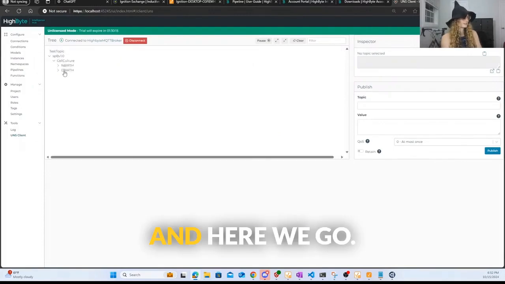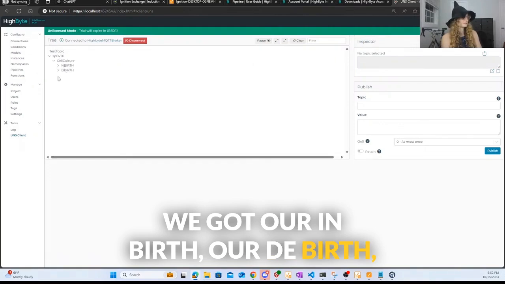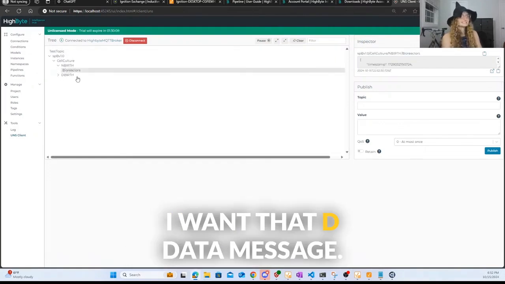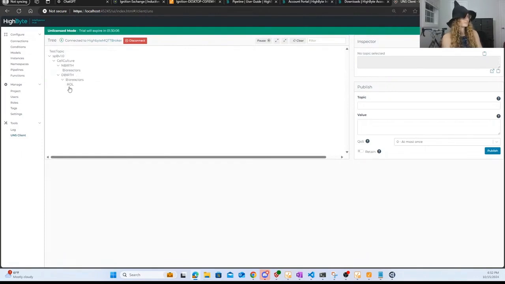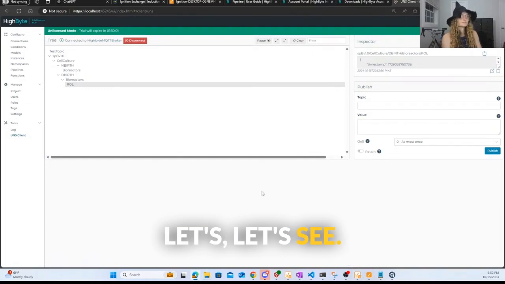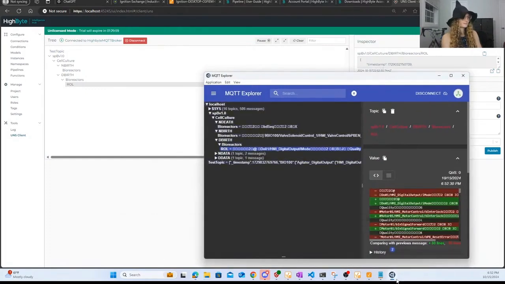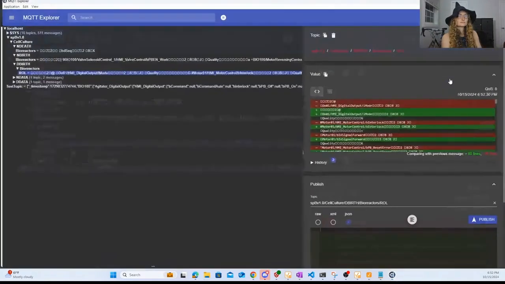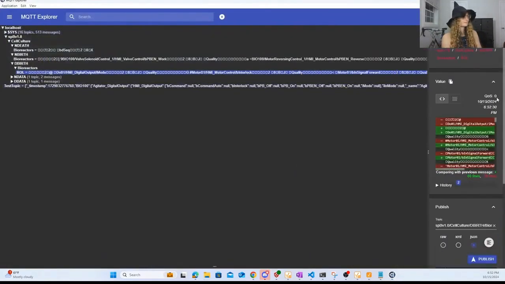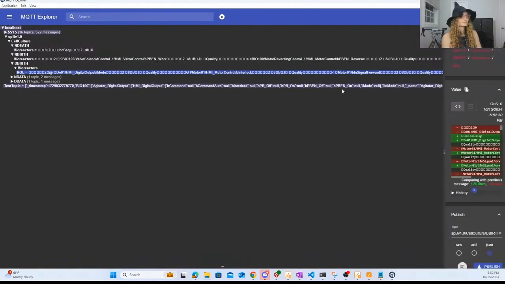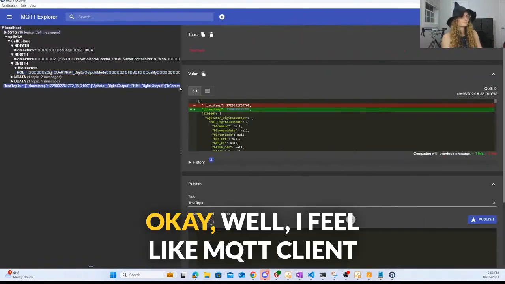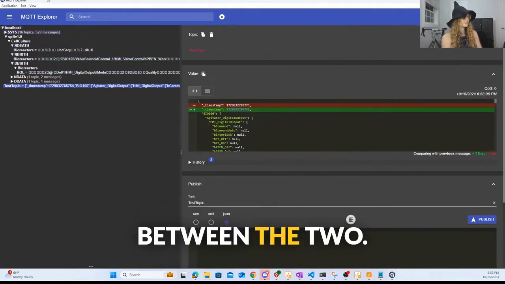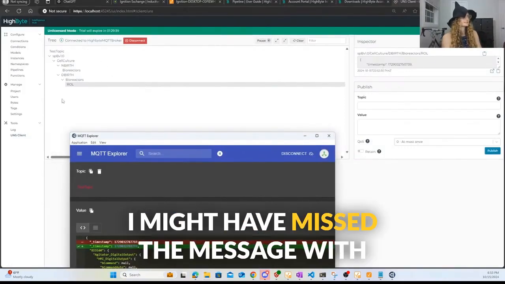Great. And here we go. We got our N birth, our D birth. Where's our data? I want that D data message. Let's see. Did this guy get one? Okay. Well, I feel like MQTT client is a good way to see the difference between the two. I might have been too late. I might have missed the message with